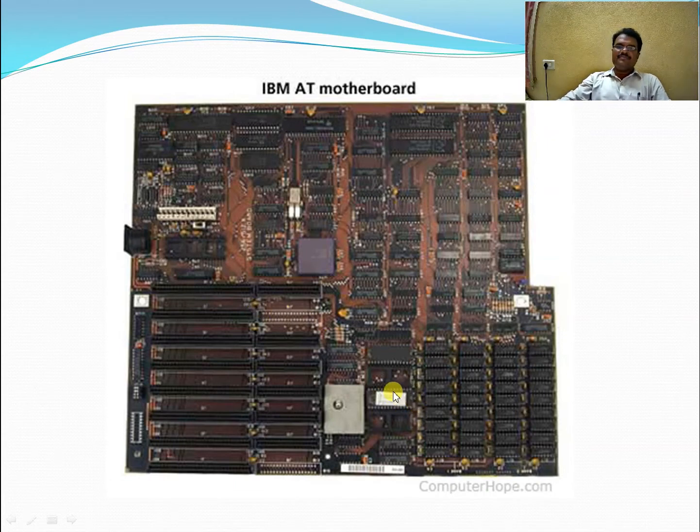This is the ROM, read-only memory. This is the power connector on the motherboard. This is the keyboard connector. So there was no mouse at all, and there were no other devices to be connected. Especially we were able to connect the printer to this motherboard. So the RAM was integrated, mounted on the motherboard, and the CPU also.